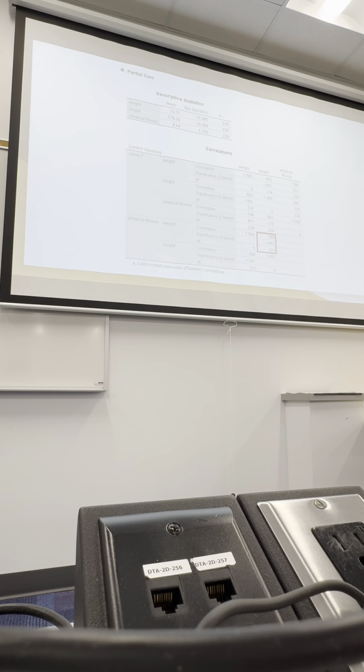So in saying that, your interpretation for the substantive part, the what does it mean part, is that when we extend the findings, we can say that when controlling for the effect of physical fitness, there was still a statistically significant strong to moderate positive relationship between weight and height. We have reason to conclude that the relationship between weight and height is true. And we are able to conclude that the effect of physical fitness was not having an undue effect on the